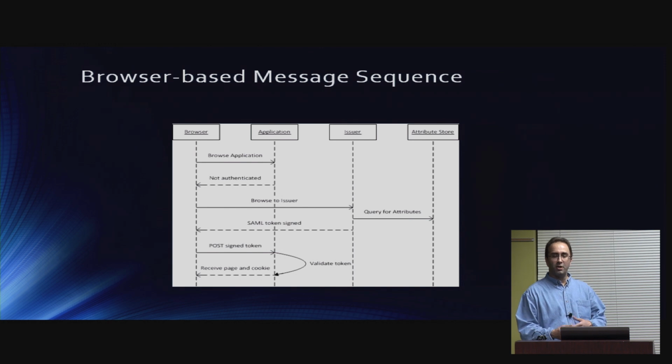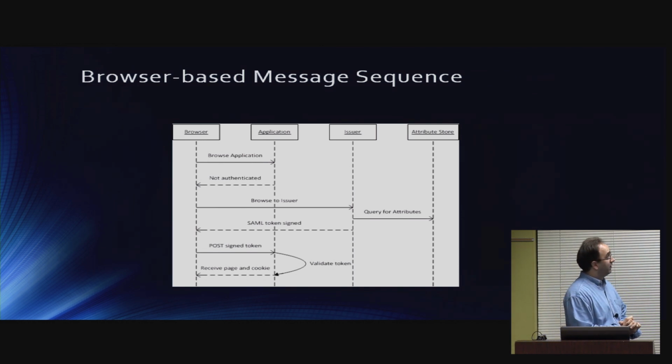Here's basically, when we talk about ASP.NET, we talk about web apps in general, the sequence of events that happens. I've got my browser up. I want to browse to a particular application. So I try to browse to that application. The application basically comes back and tells me I'm not authenticated. When it says that I'm not authenticated, if I'm set up for claims-based identity, it will redirect me. A 302 will be sent back to the browser,